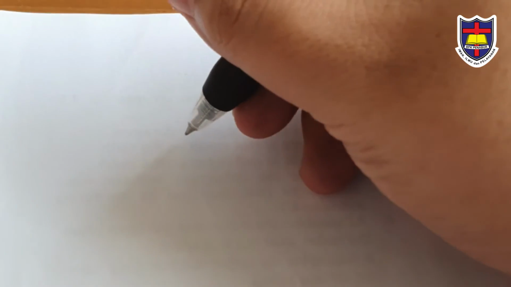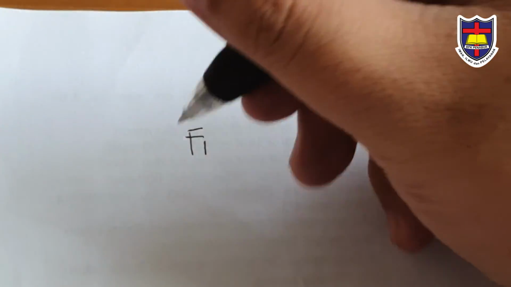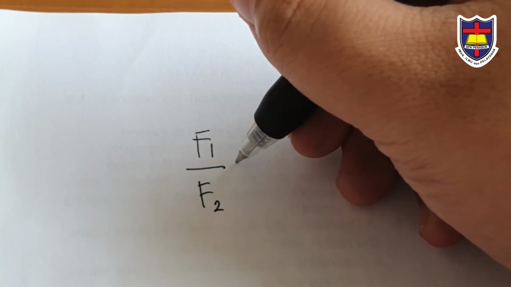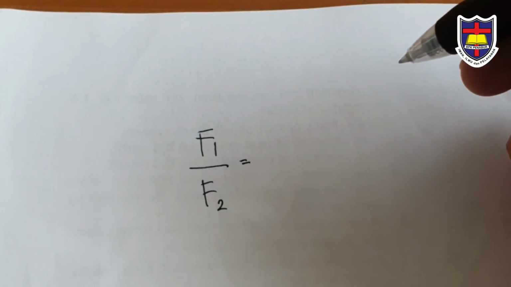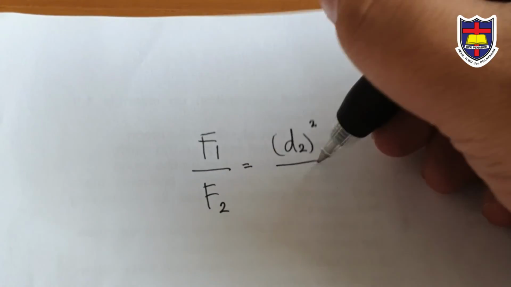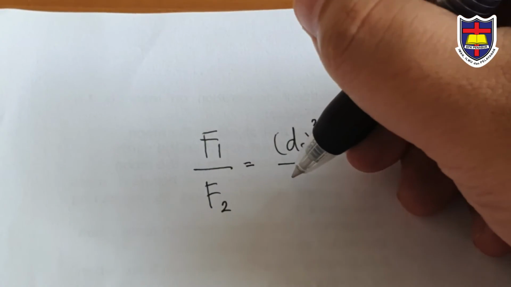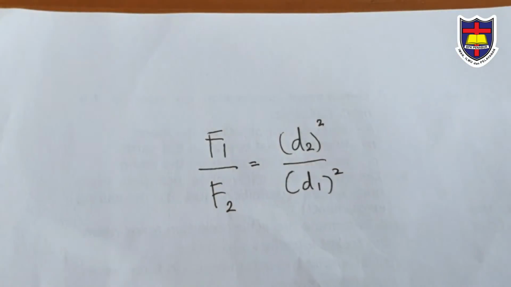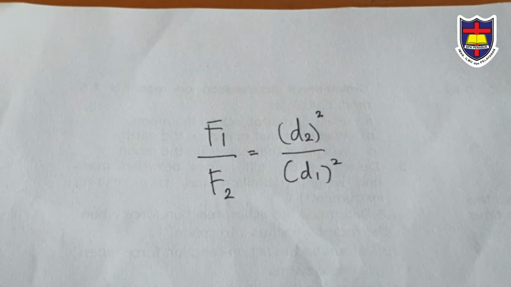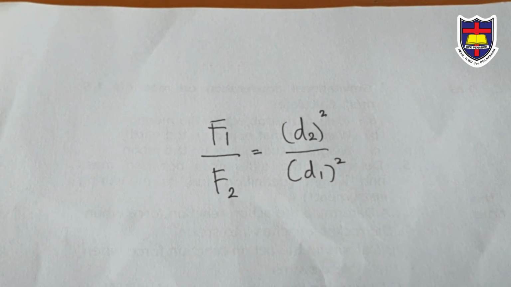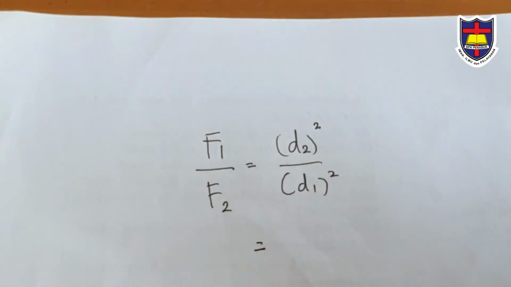So we can write it as first force over second force equals second d squared over first d squared. Okay, because the force is inversely proportional to the distance squared, you can write it as